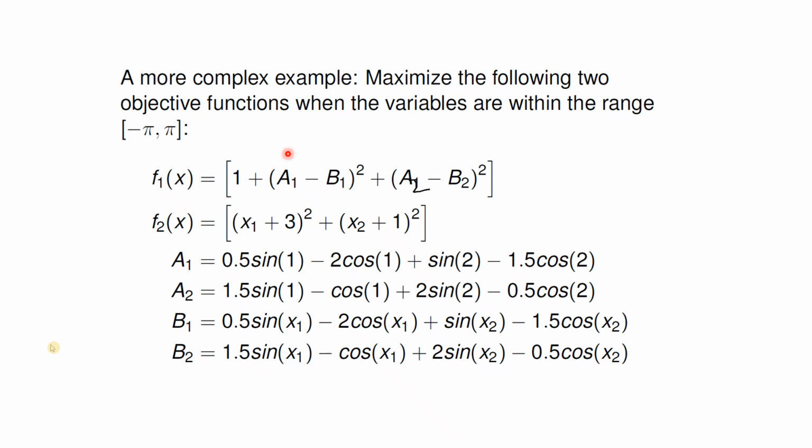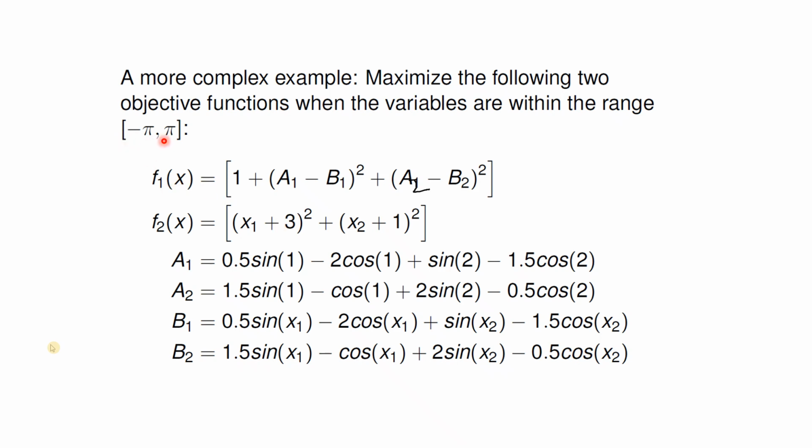You will write a variable f1 equals, you write this equation, and f2, write this equation. You have to increase, maximize it. For any value of x you will get some result for f1 and another result for f2. a1 is fixed but b2 is dependent on x, and x is a separate variable, so both equations should be maximized. So this is a basic example of an optimization problem using a test function.